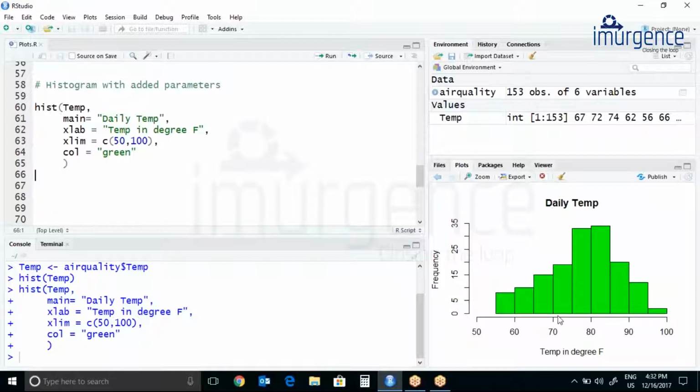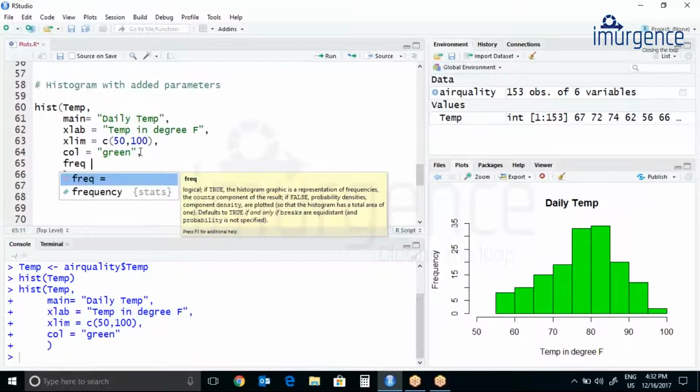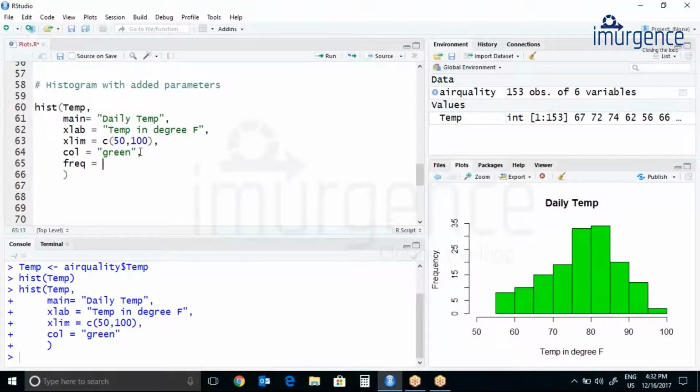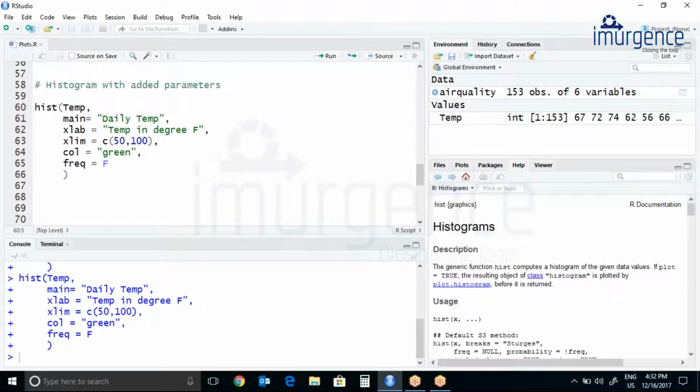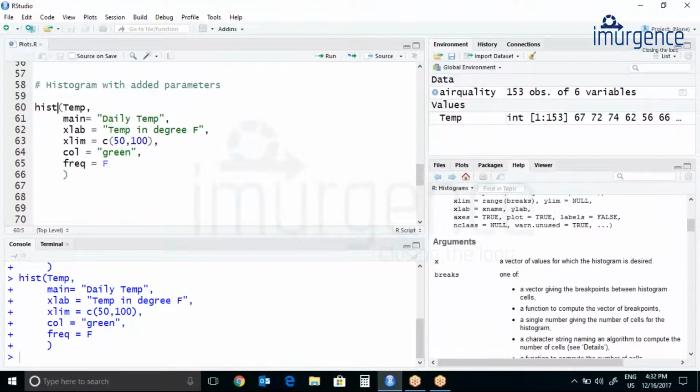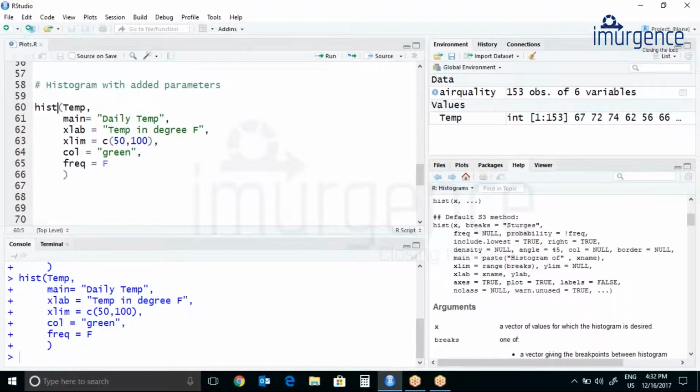Let's try to add one more argument. Let's do freq equals to FALSE. So the plot is the same. Instead of frequency, I will get a density. If you wish to check the documentation, you can check this over here. These are some of the default values which have been used.